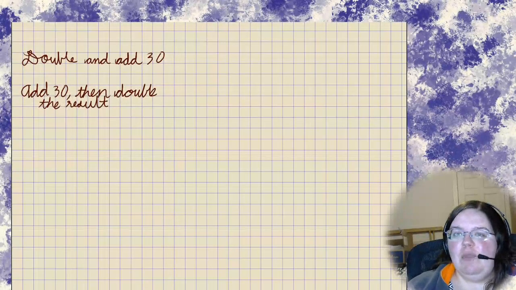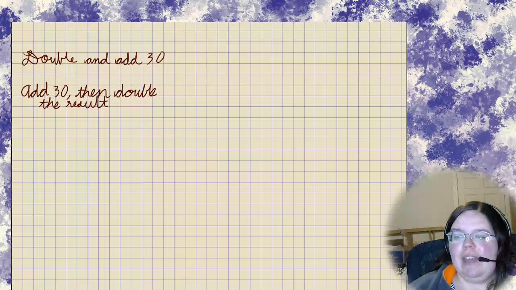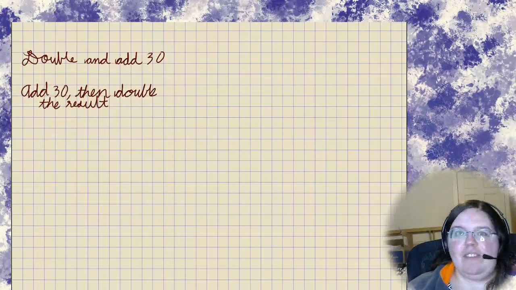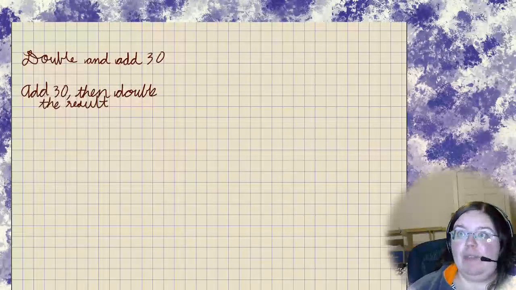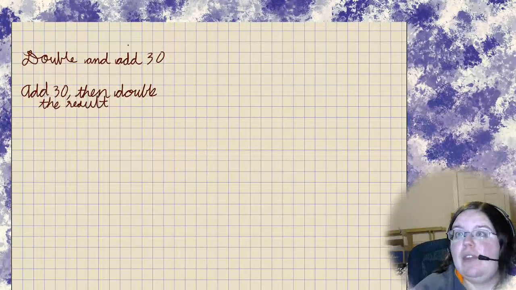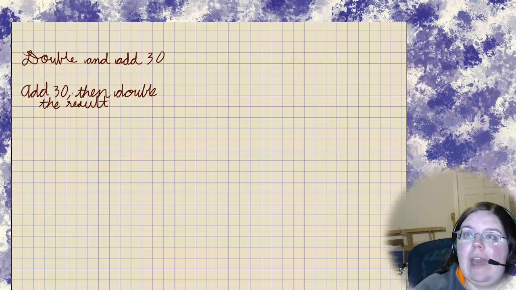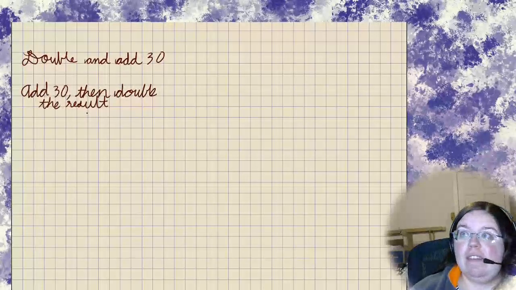Because that's really close to the actual conversion strategy, but with less fractions. And so that just makes it a good enough approximation for speaking casually with friends. So double and add 30, or add 30 then double the result. So we want to find out if these are equivalent